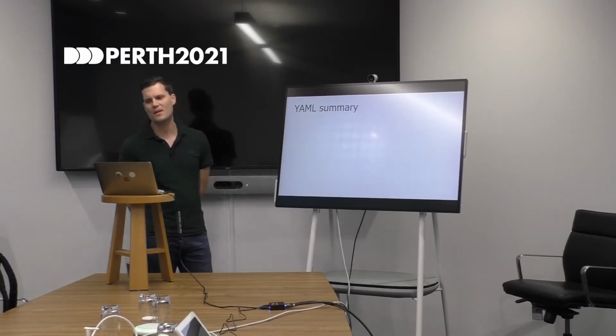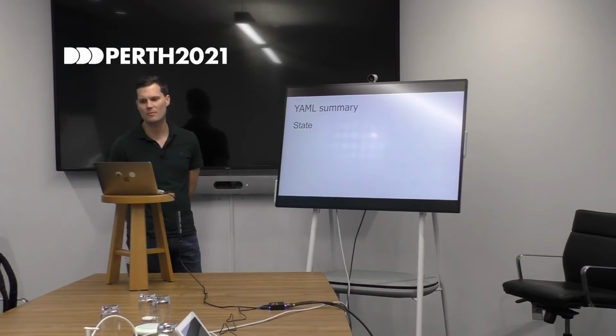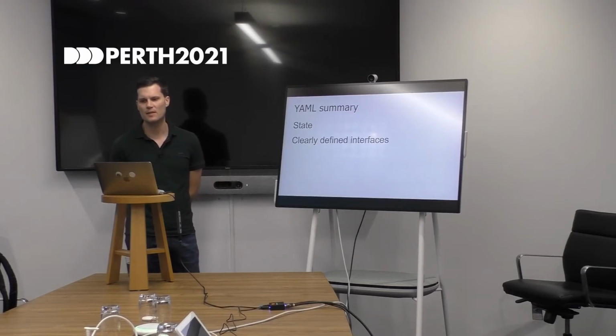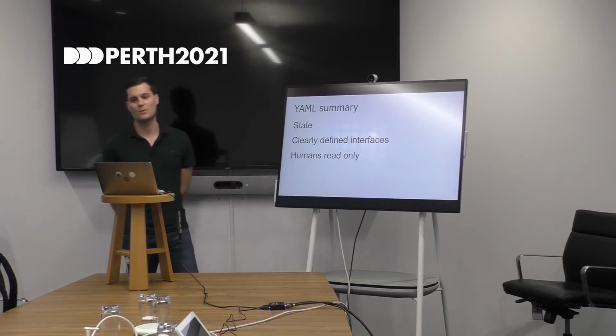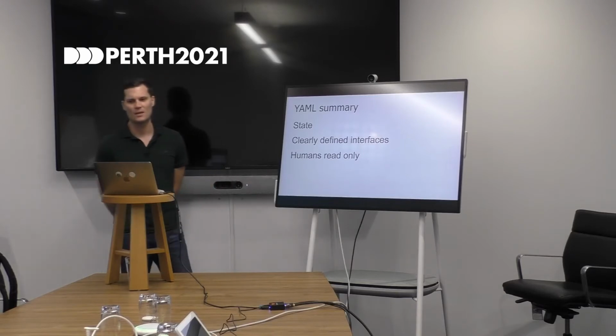So one of the main advantages of YAML is that it is excellent for declaring the state of things. And that's why it's used for CloudFormation and Kubernetes manifests. It facilitates clearly defined interfaces between humans and machines, and between machines and other machines. Humans are happy to read it, but they don't like to write it. So similar to when we visit family in northern Thailand, all of the conversation is in the Thai language. I can understand about 1/3 to 1/2 of the words, and then I can figure out the rest. But when I try to respond, I really struggle to compose sentences. This is the problem humans have with YAML.